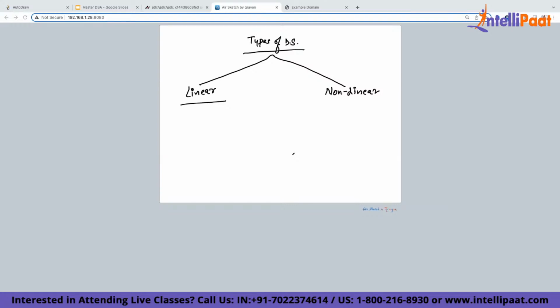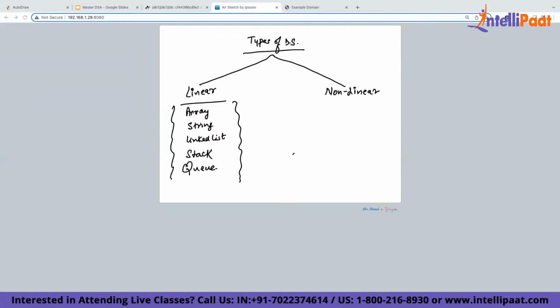For example, an array, a string, a linked list, a stack, and a queue. Does it make sense? These are the basic data structures which you should be comfortable with.